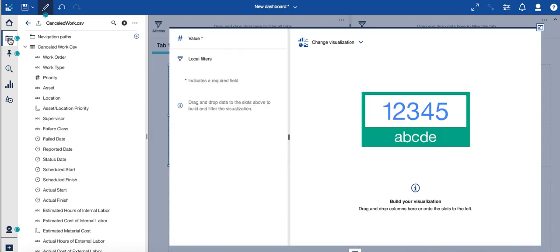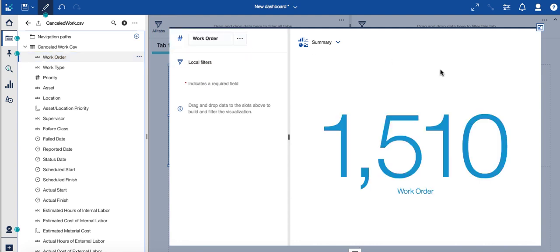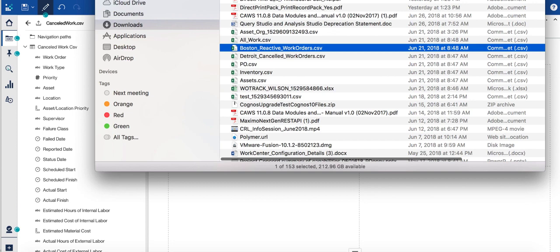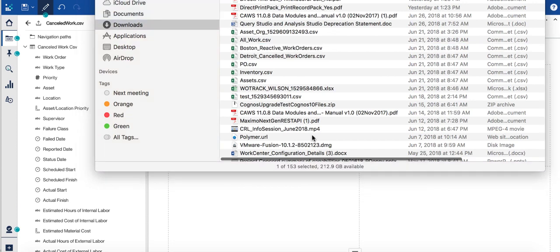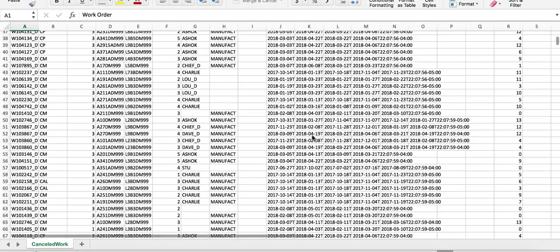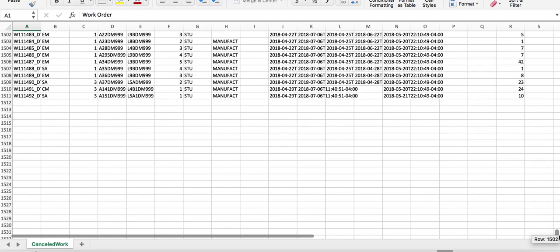I always do a summary first just to make sure it helps me validate that I brought in the right value. Right over there, work order. And now I had 1,500 rows in my CSV file of work orders. And if I open that up in CSV, let's make sure that we're actually bringing over the right data. I always like that quick validation. And here we should come right here, 1,510 rows because my first row is a column. So that quick